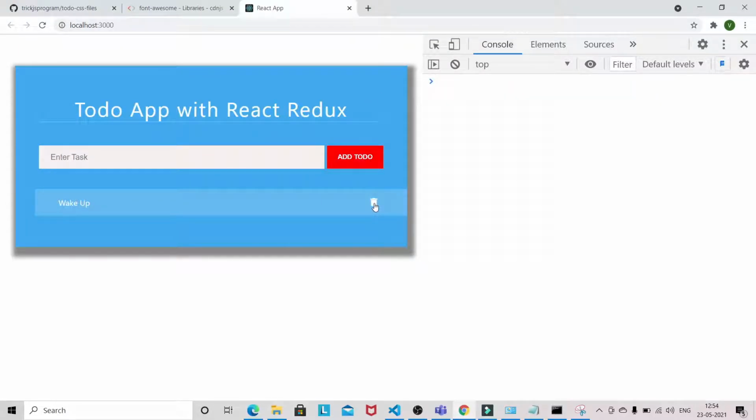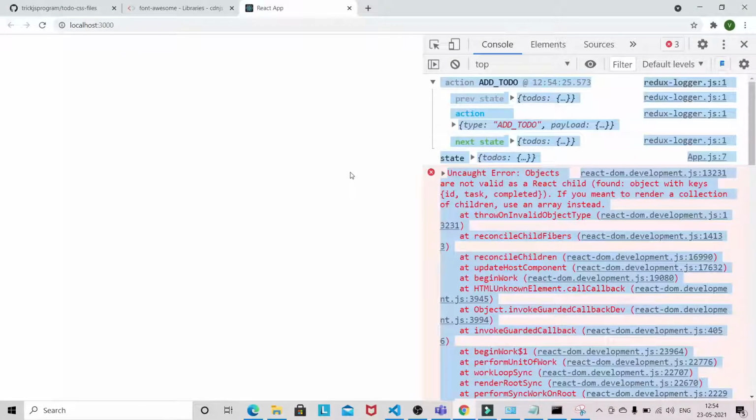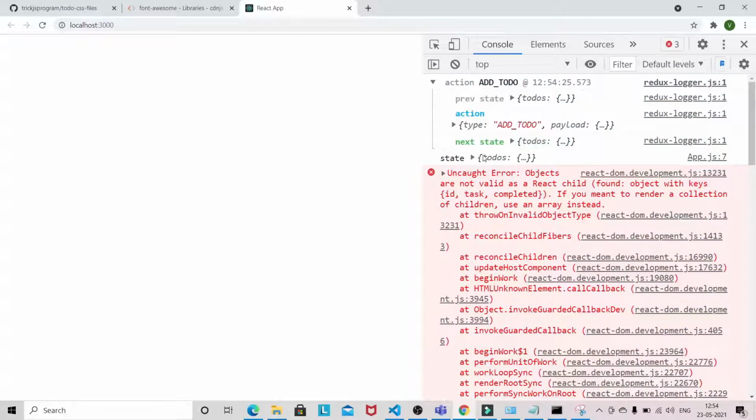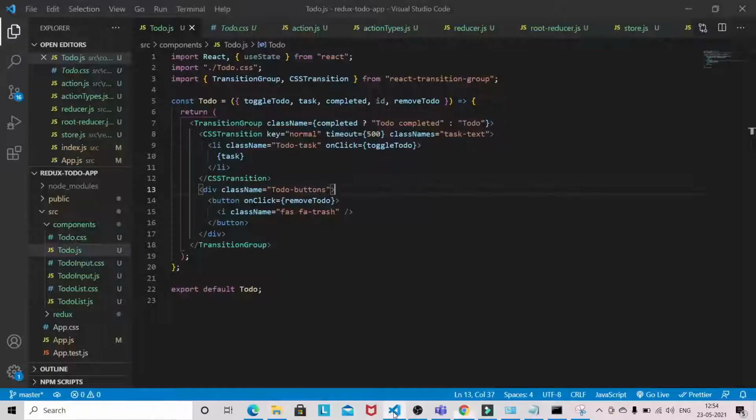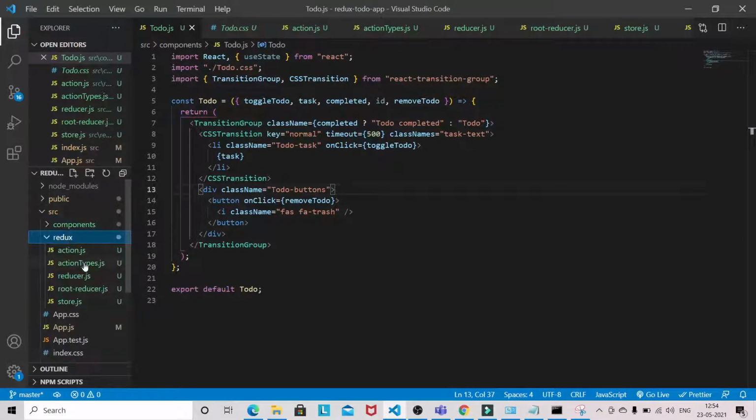So let's try to delete this one. Okay, it fails. So what is happening here? Okay, by mistake I think we didn't change the action type here.